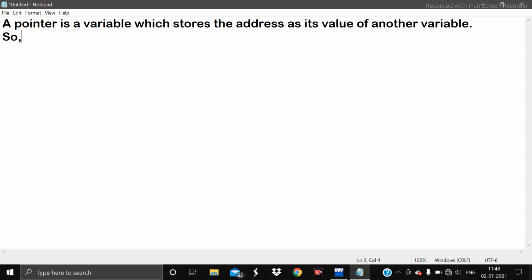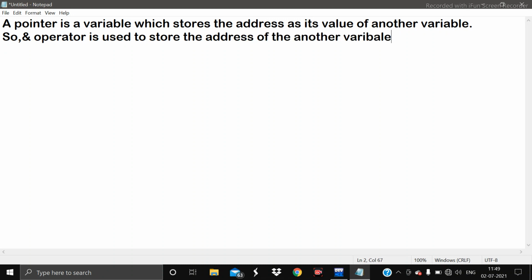Here the & operator is used to store the address of another variable.